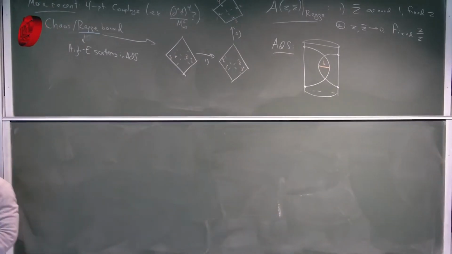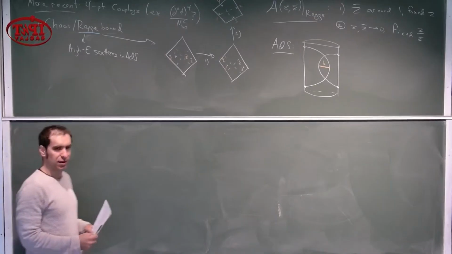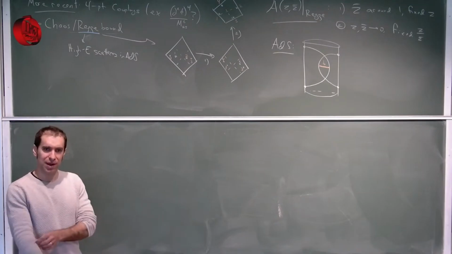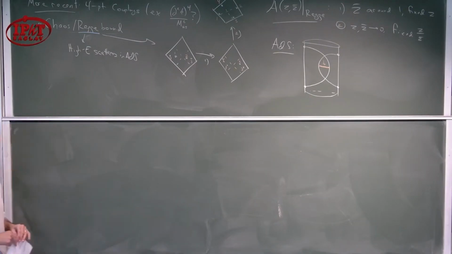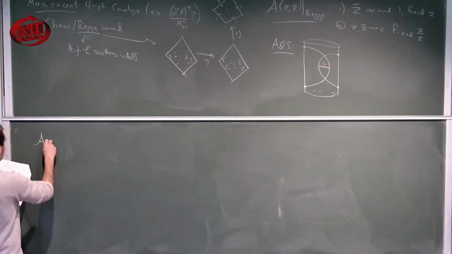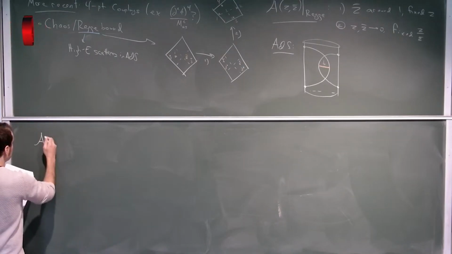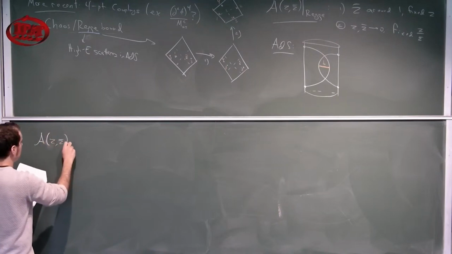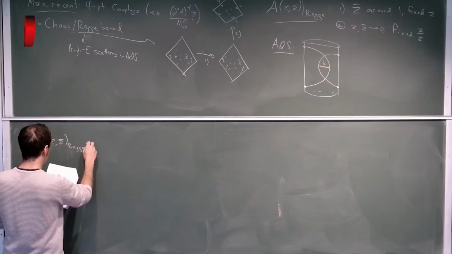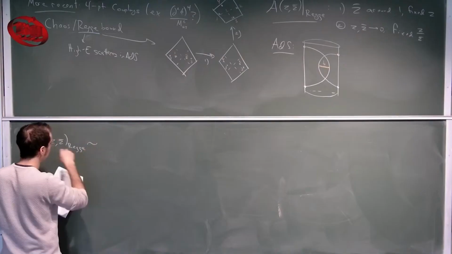However, at large C, the Regge limit and the large C limit don't commute. And at leading order in large C, a connected 4-point function can have a divergence, but the degree of the divergence is bounded. And if you're familiar with the chaos bound, that bound is the same thing as the upper bound on the Lyapunov exponent of some out-of-time-ordered 4-point function. So if we parameterize the limit of the 4-point function like so,